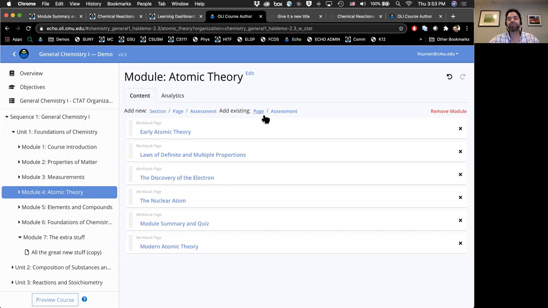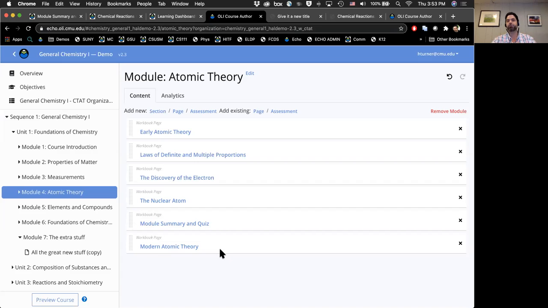The reason that you can add existing pages is because this is just an assembly of things that exist in a repository. So this project is really just a collection of pages and of practice activities and pools of questions and images, and those things all have to be assembled in a certain way. And that assembly is called an organization, but that also lets you have different assemblies. So maybe you have an